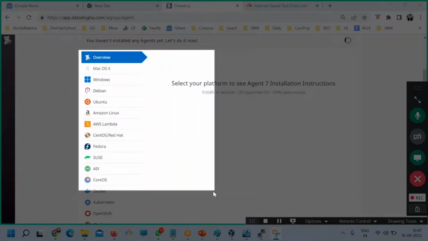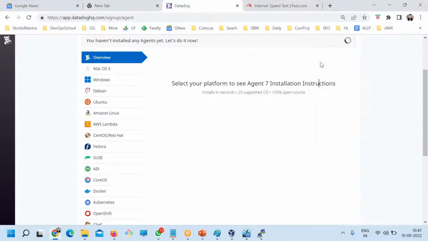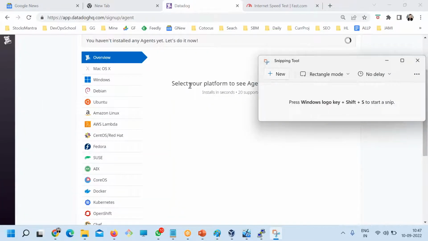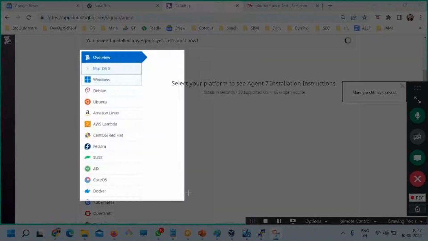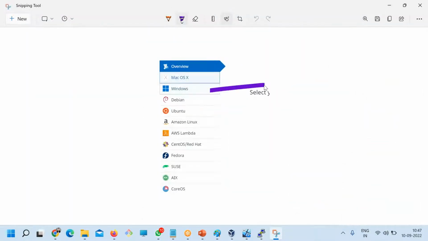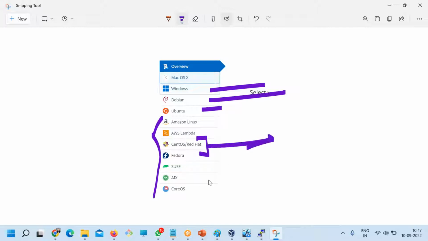Here you have the snippet. So for Windows you have the Windows agent, we have Debian, we have Ubuntu. Look, these are the operating systems on which you can install this agent. Mine is right now CentOS, so I'll go for this one.